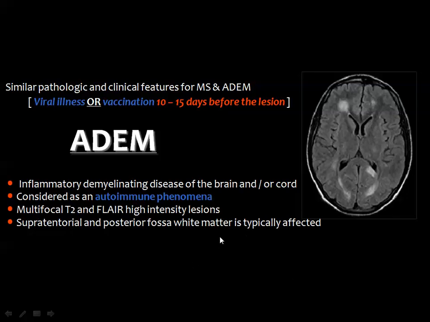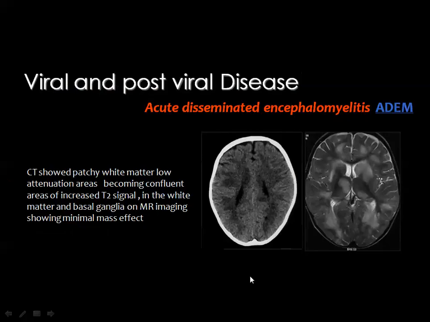And the first one is, for the diagnosis of ADEM, you should have a history of viral infection or recent vaccination about 10 to 15 days before the onset of the disease, and the appearance of symptoms and the change in the MRI or the brain scans. And the lesions will appear similar to MS plaques. They are of iso-intense signal in the T1, high signal in the T2, and the FLAIR weighted images affecting the white matter. And in most of the cases, the lesions do not show contrast enhancement.